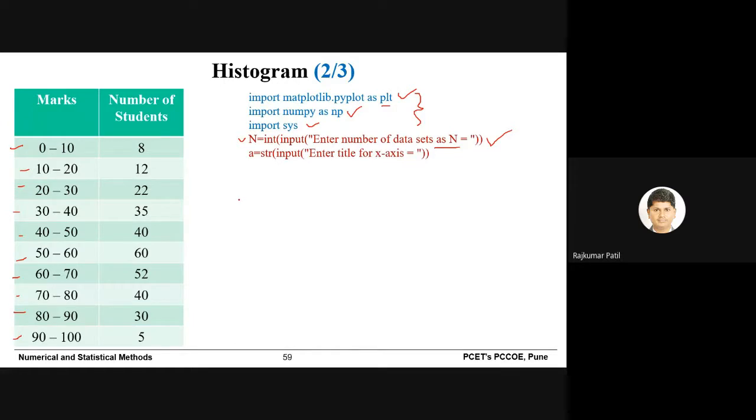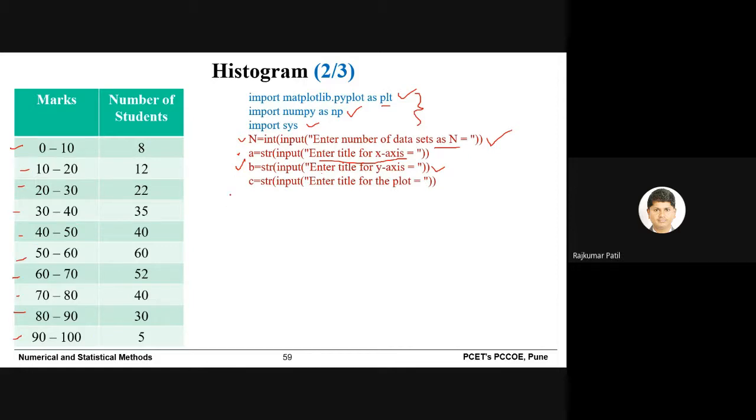Then we need to define certain strings. A is the first string, to enter the title for the x-axis. So in the output window, you can enter the x-axis title. Similarly, B will allow you to enter the y-axis title in the output window.